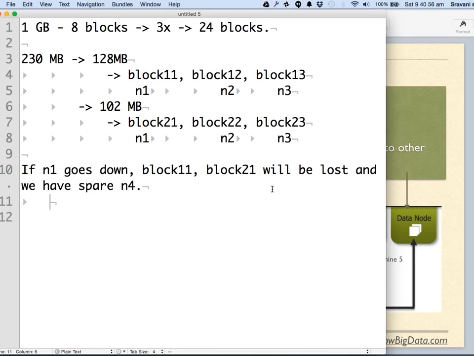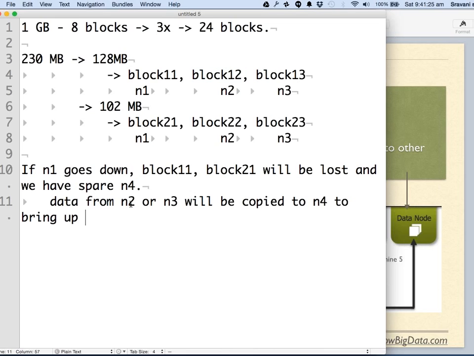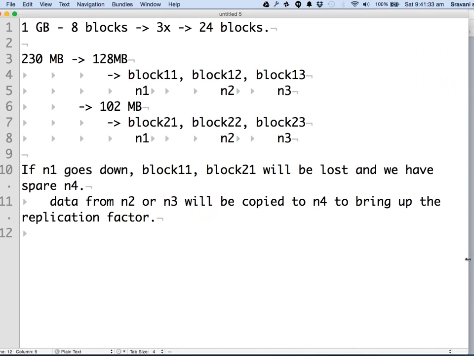So data from node 2 will be copied to node 4. And what does it mean by data? Data is either this or this. Data from node 2 or node 3 will be copied to node 4 to bring up the replication factor. All right, make sense?